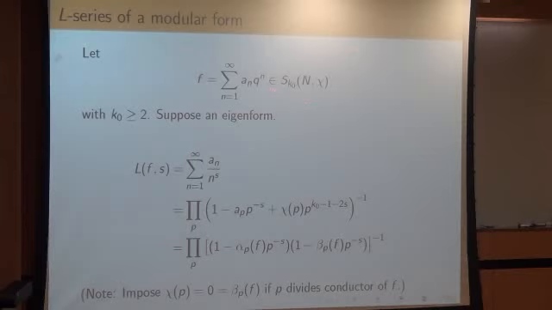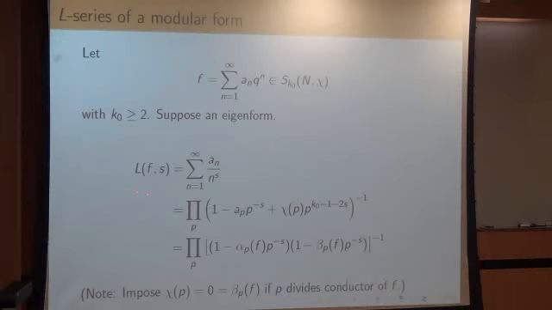So I'm not assuming that this n is necessarily the minimal conductor of f for now. But okay, so this is the Euler product formulation of the L-series of f. These little annoyances with these p's I'll gloss over as we go forward in the talk. But so we have the L function of the modular form f